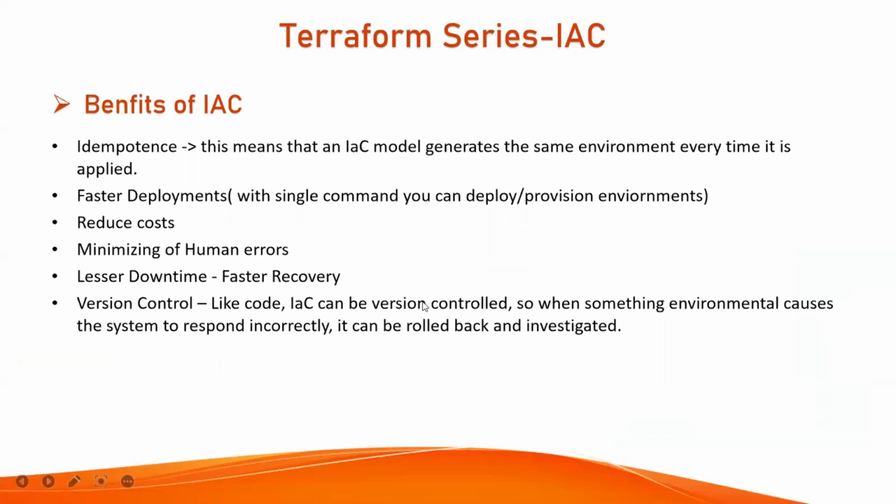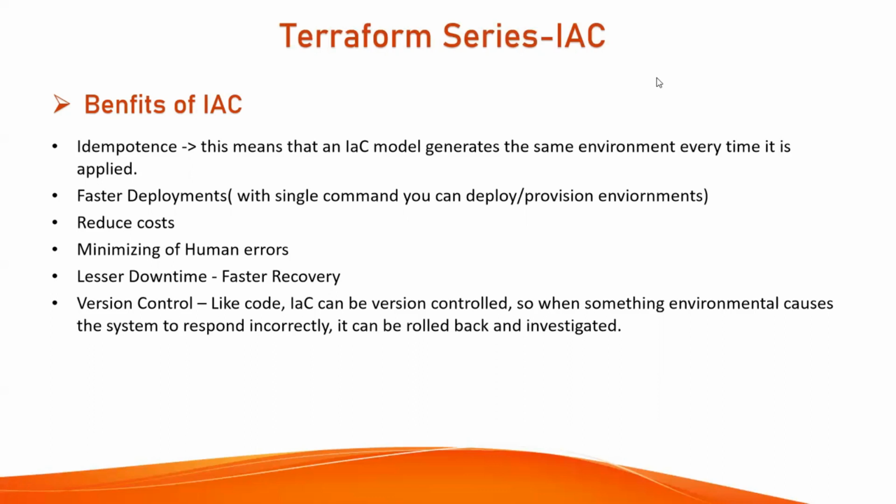Now, let's go over the benefits, how IAC has helped us to overcome the disadvantages which we saw on our first slide. The first one is idempotence. This means that the IAC module generates the same environment every time it is applied. For example, you have written an AWS CloudFormation template where you want to create 2 EC2 instances on the availability zone called US Virginia,